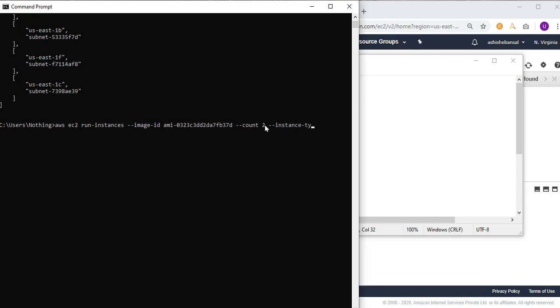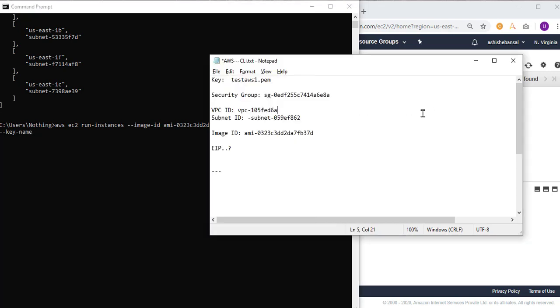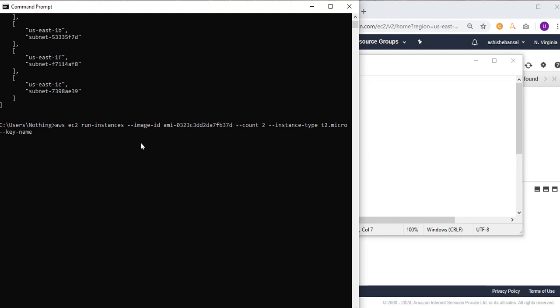Now you have to select the instance type. So in AWS you have different kinds of instances. So I'll select it as T2 micro. Then you will give your key. So the name of our key was test AWS 1.